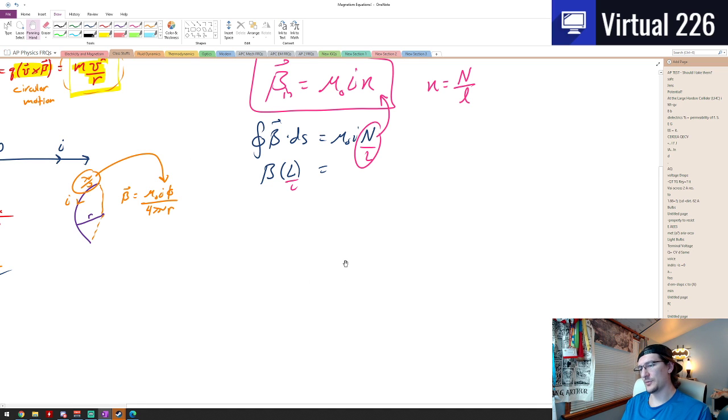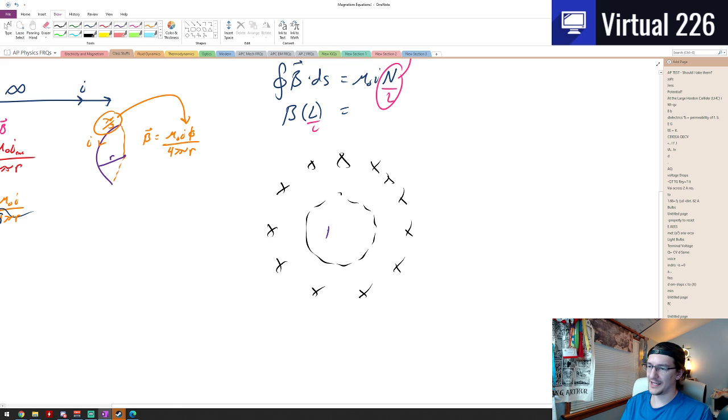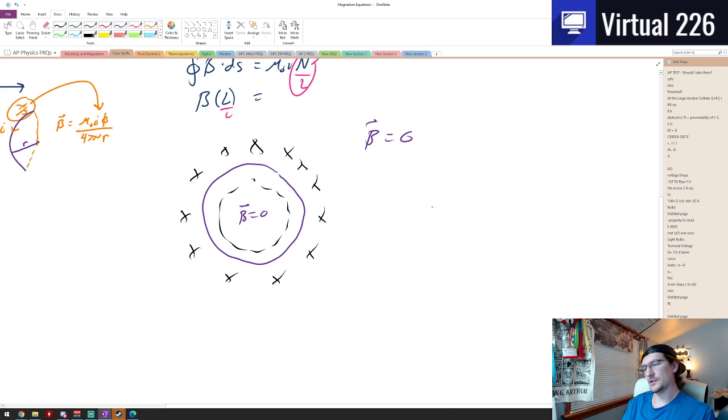And the last thing you need to remember that we talked about for this class is if you have a toroid, which is like the donut, the loops of loops of loops, you know that the B field on the inside of a toroid is 0, on the outside of a toroid it's 0, and within the toroid, what's your B field? Your B field is given to you by,